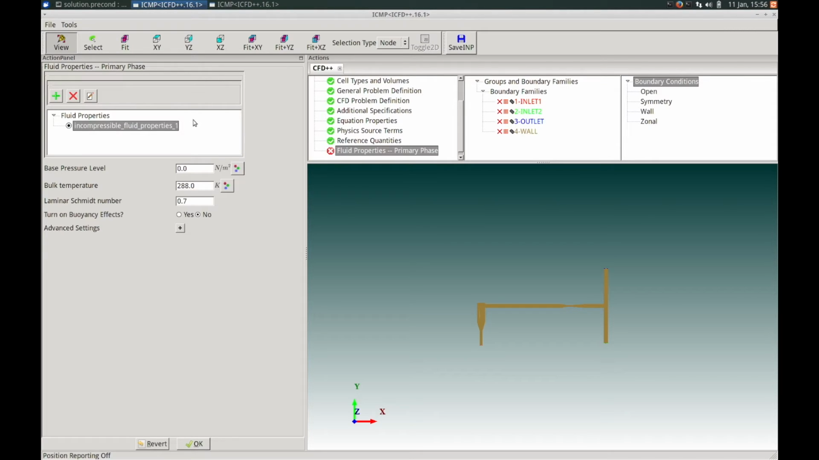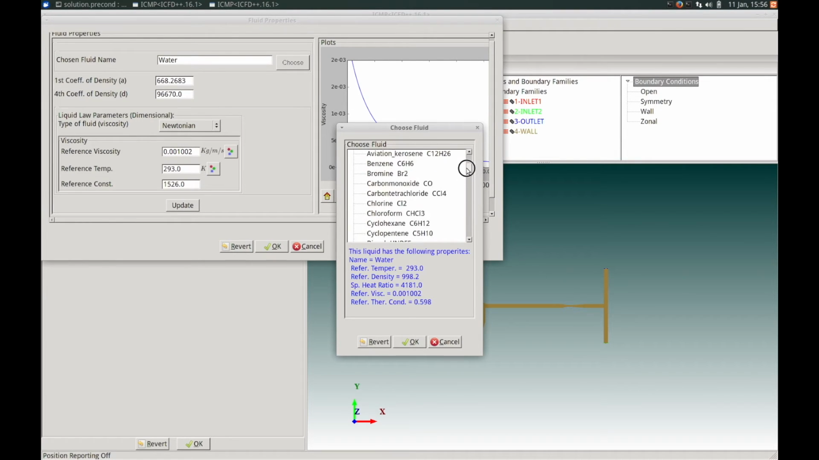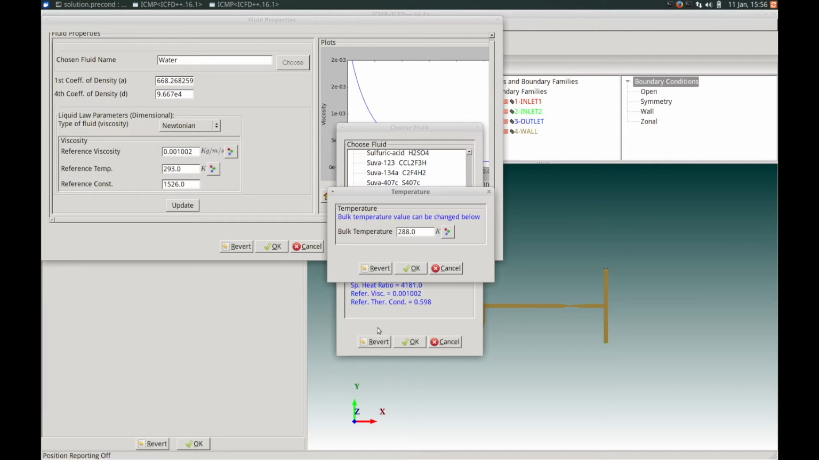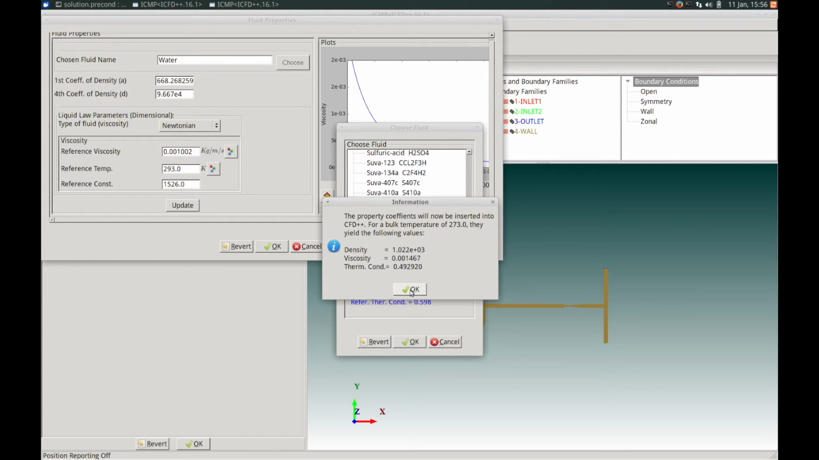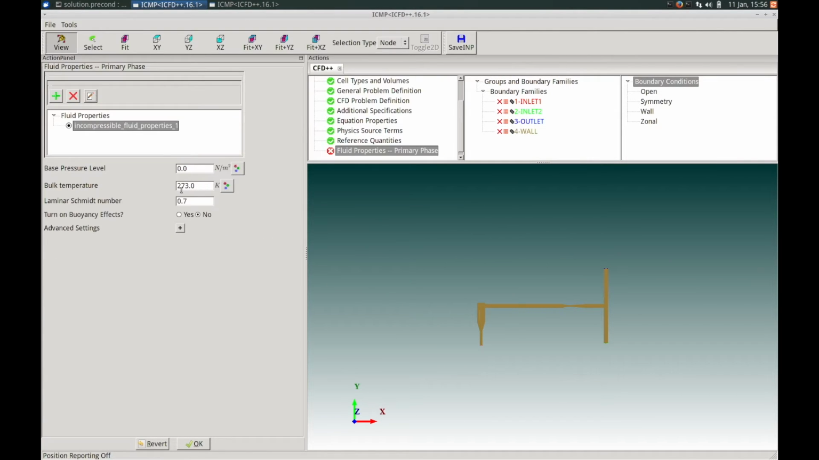Under fluid properties, primary phase, I'm going to select the incompressible fluid properties 1 and click the icon with a sheet of paper and a pencil here to edit, and verify that the chosen fluid, which defaults to water, is our selection. Here you could select from our large library of other fluid types, but for this tutorial we're going to keep the default of water and continue. The bulk temperature can be changed to 273 Kelvin. And we can click OK